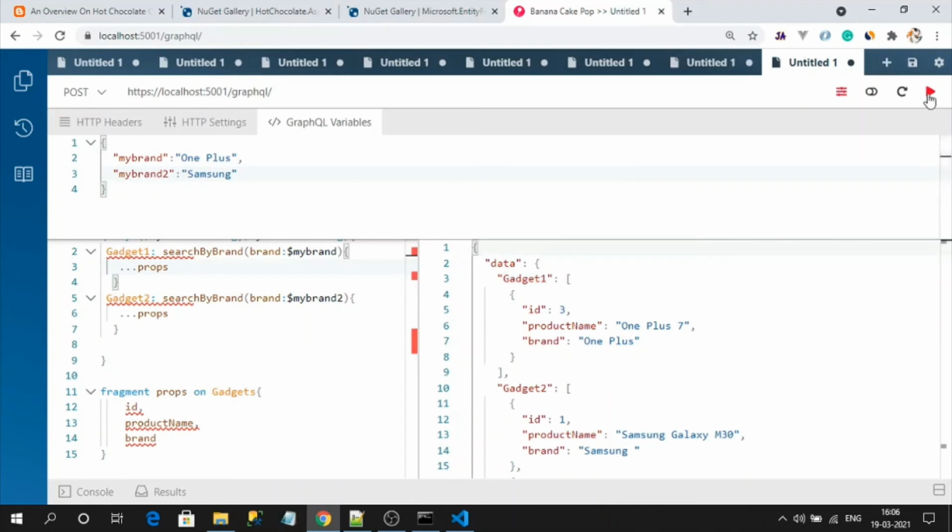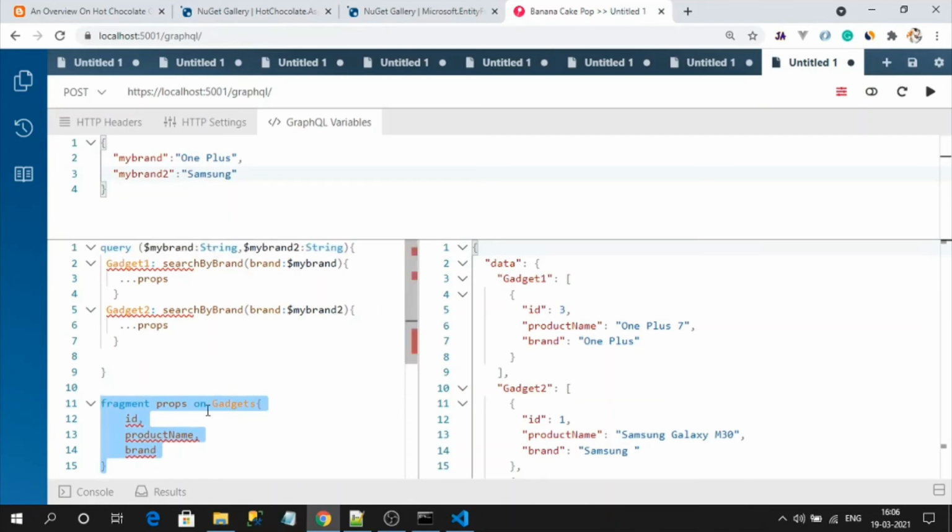See, it is executing. So see how simple my query is now. Even if my table has 100 columns, I can frame the query with those properties a single time using the fragment. So that is the use of fragments when we have this type of comparison queries.